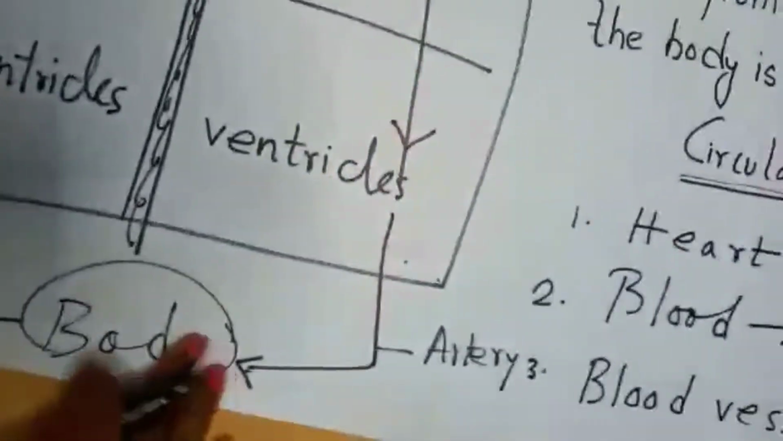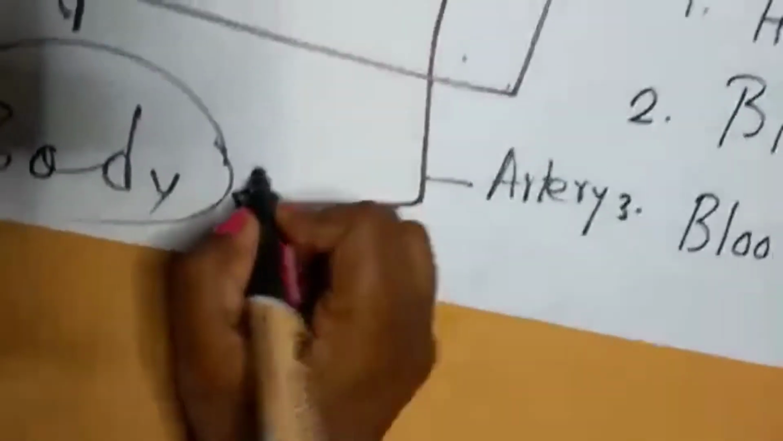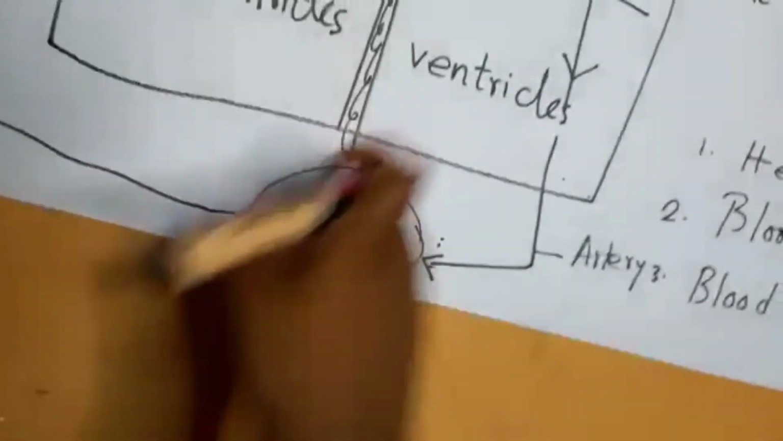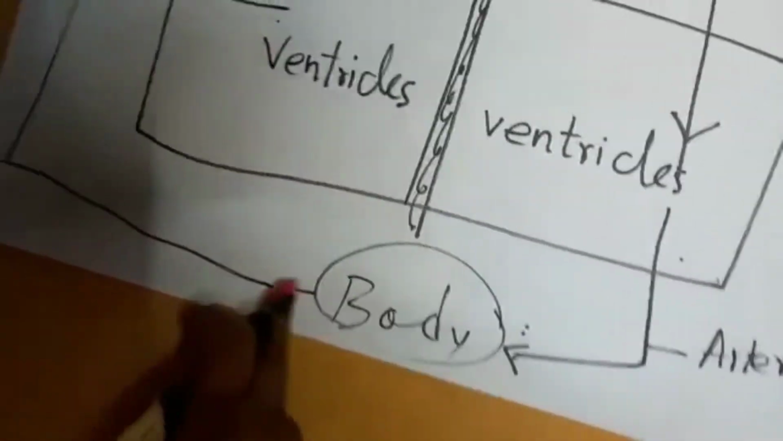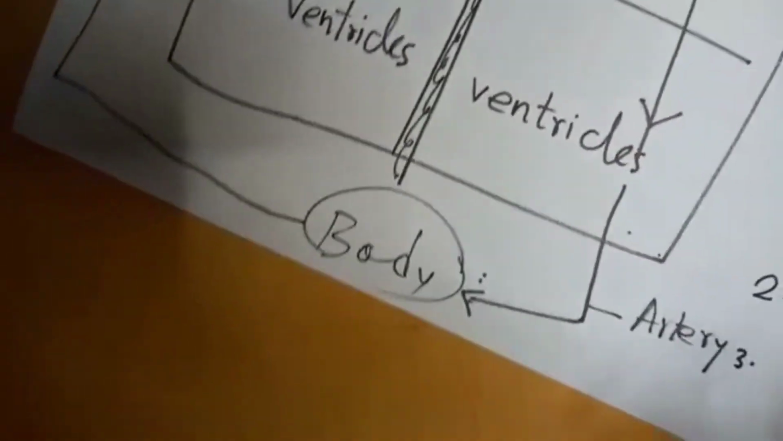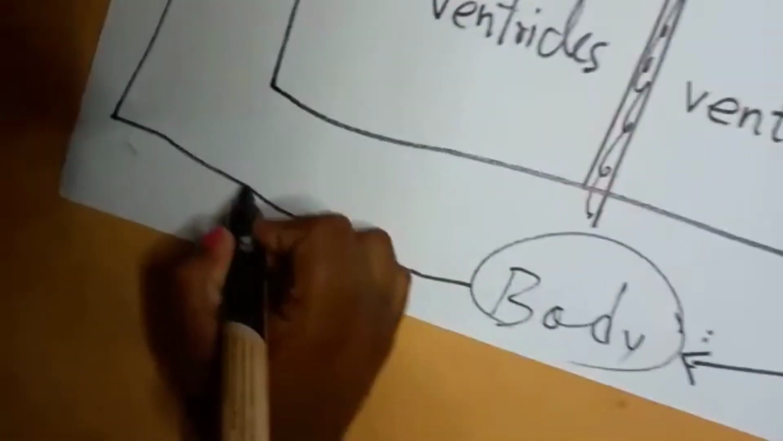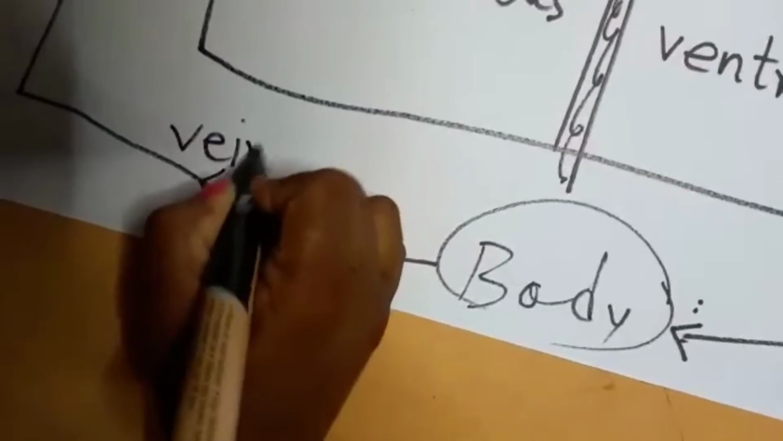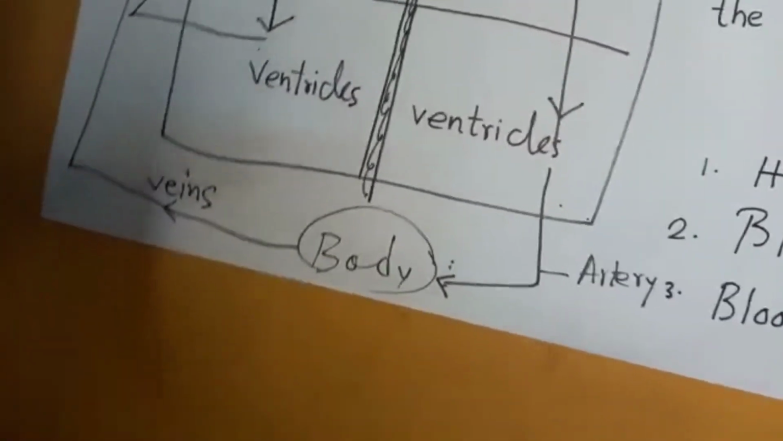And here, before reaching the body parts, there is a branch, the arteries get branched into the capillaries. The capillaries lie here. Again, when the blood gets out of the different body parts, there is again a branch of capillaries. Those capillaries again join into a vein. This is the vein which is carrying the deoxygenated blood, or the impure blood you can say, or the carbonated blood, back to the